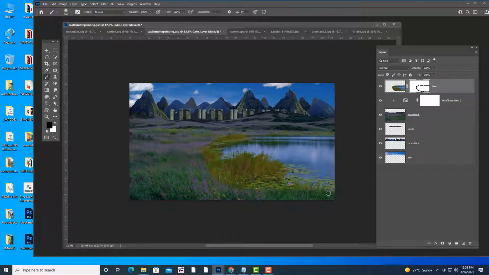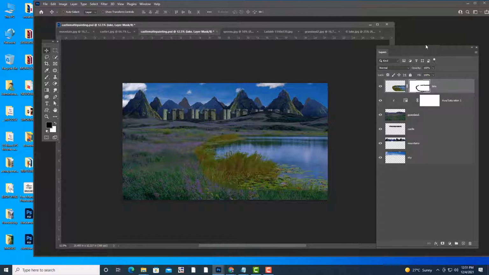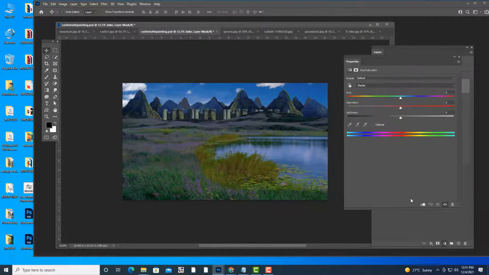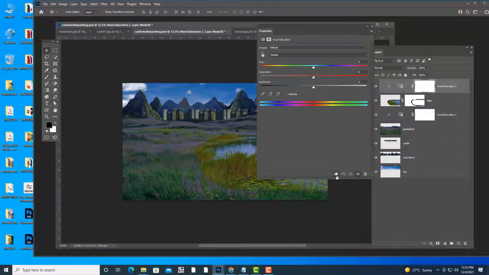Okay. Now the next thing is, see here we are having this yellow coloring. See, this grass is having yellow color, so that is why it's not looking realistic. So I will change that yellow color to green color, so that it looks natural. So the next step I'm going to do is just apply a hue saturation to this layer. Okay, hue saturation, make it into a clipping mask. Okay, see, this is very important. If you forgot this, what will happen? This will affect the other layers. Sky, mountain will also be affected, so that is why always click on this.